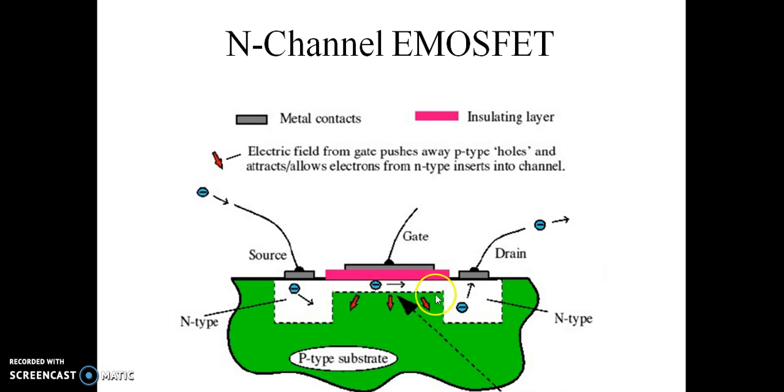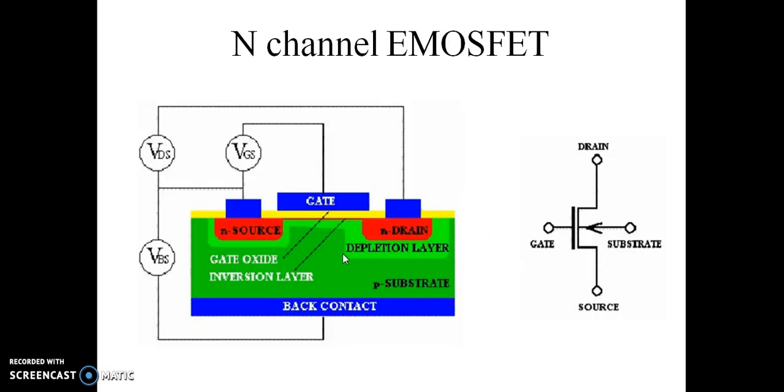As the channel is formed, and whenever you apply proper drain to source voltage, the current starts flowing from drain to source. So this is actually the working of the NMOS, meaning whenever VGS, the gate to source voltage, is greater than 0.7 or 1 volt, that is the threshold voltage, and proper drain to source voltage is applied, current will flow, meaning the circuit will become on, acting as an on switch.